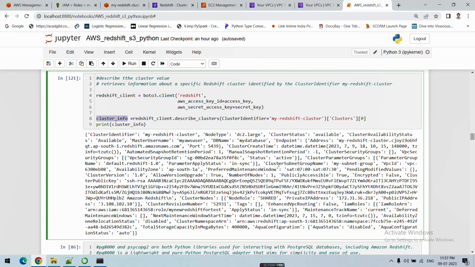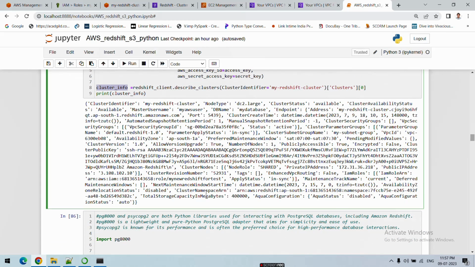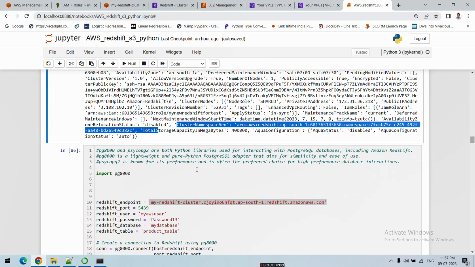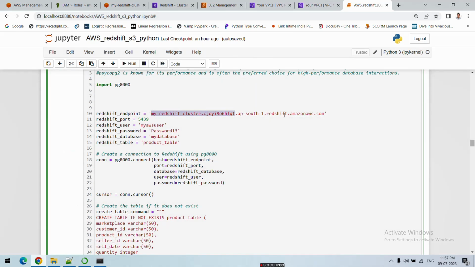You can see all the information like the cluster name and ARN. All the information you can take from here, as well as from this endpoint; just copy it from here also. The same ARN we need to pass here. So I just copy it in front of you, just Control V,